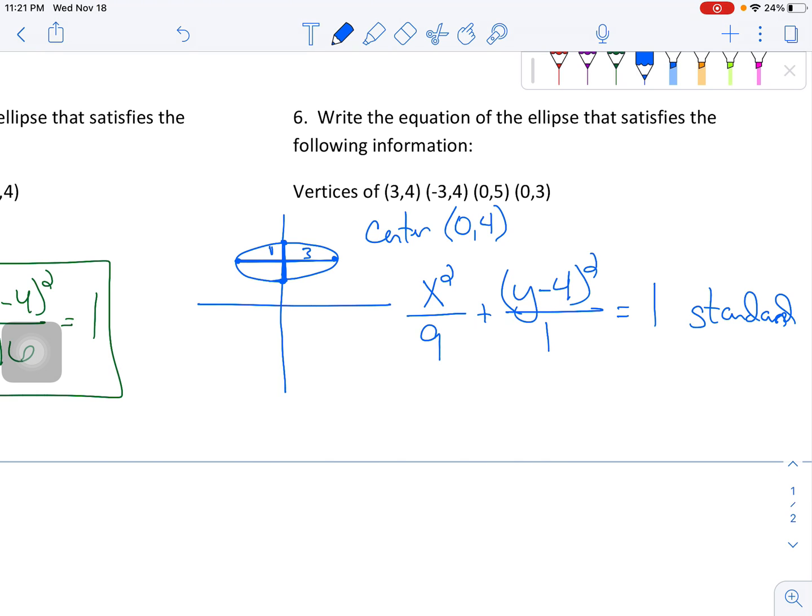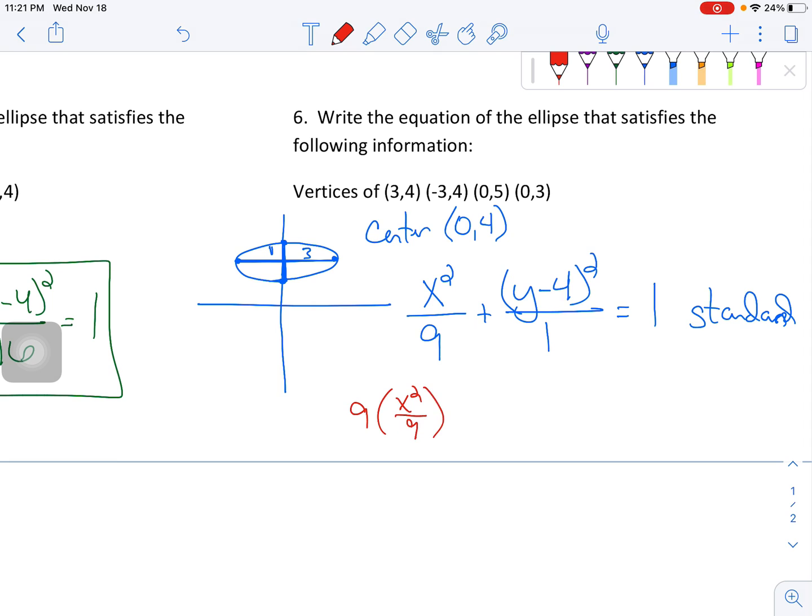And I'm going to take a minute and actually translate this into general form. You haven't really seen that yet. It's not terribly difficult to do. It just depends on how large your denominators are. What I'm going to do here is multiply everything by the LCD, which in this case